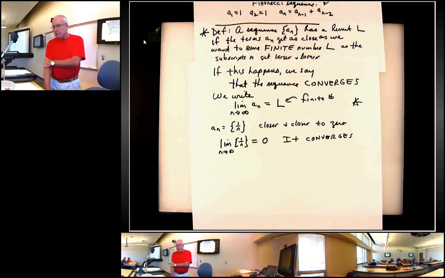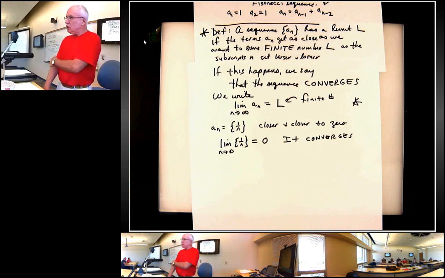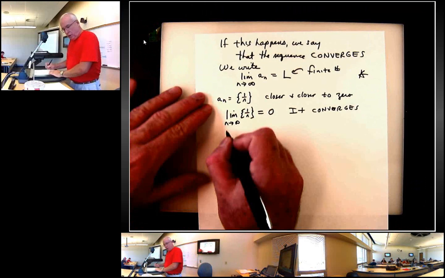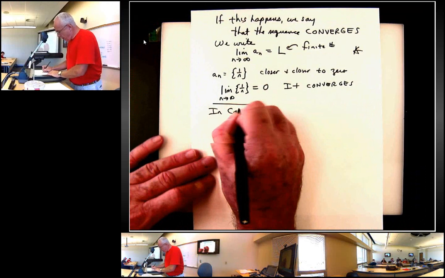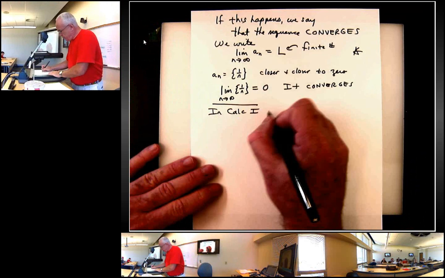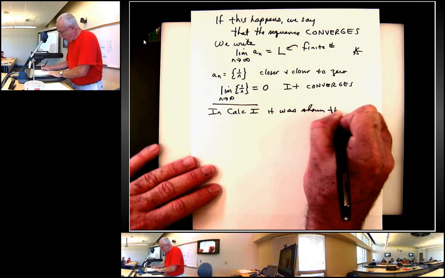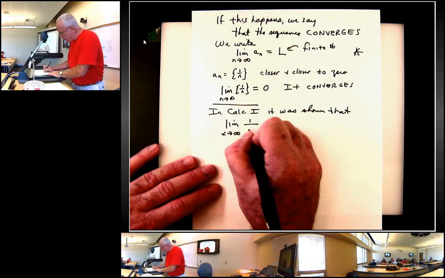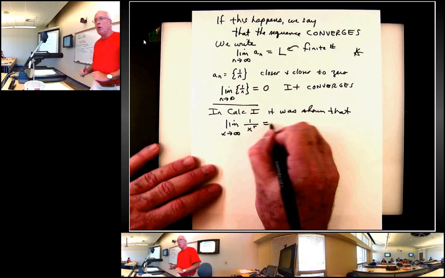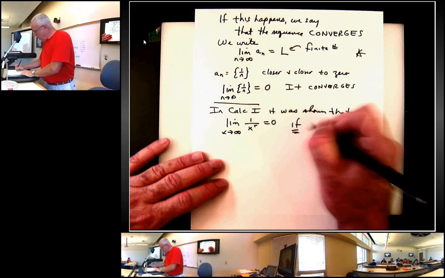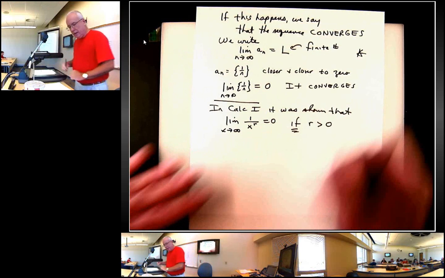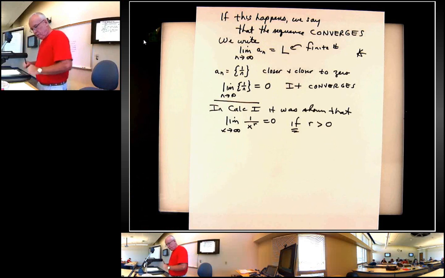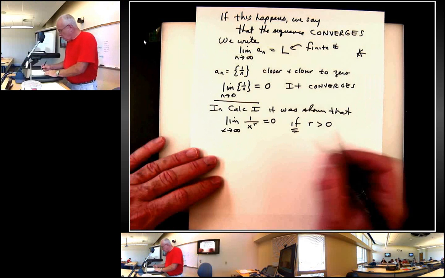So let's look at another kind of sequence that goes to 0. You may or may not recall that in Calc 1, it was shown that the limit as x approaches infinity of 1 over x to the r power is equal to 0 if r is any number bigger than 0. So therefore, we can use this fact,